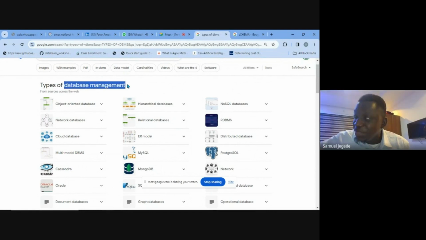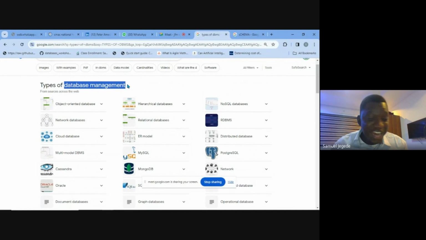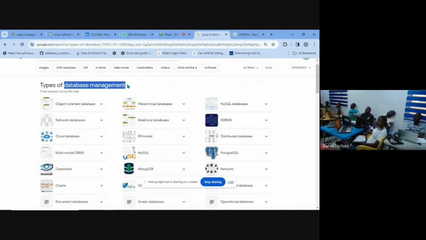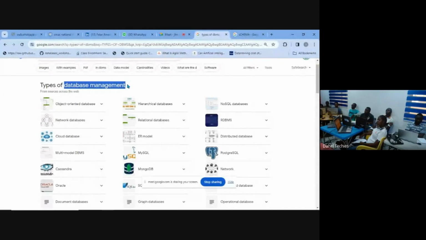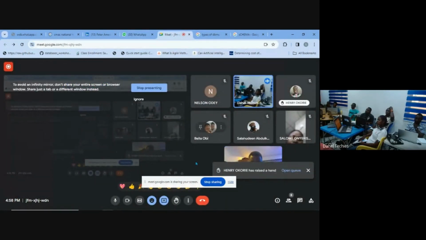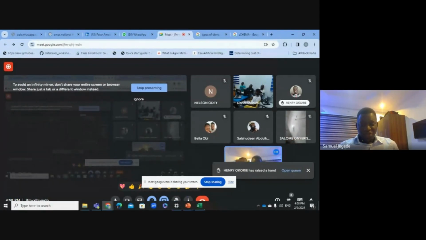We have First Bank ATM, we have Union Bank ATM. The money is the same, but we have different management systems. You can keep the same database on MySQL, also on PostgreSQL, also on Microsoft SQL Server. The same data, but you are keeping it on a different management system. Is that clear now? Do you understand it now? Yes. Okay, good. I thank you for that question. I think you just let us be on track.